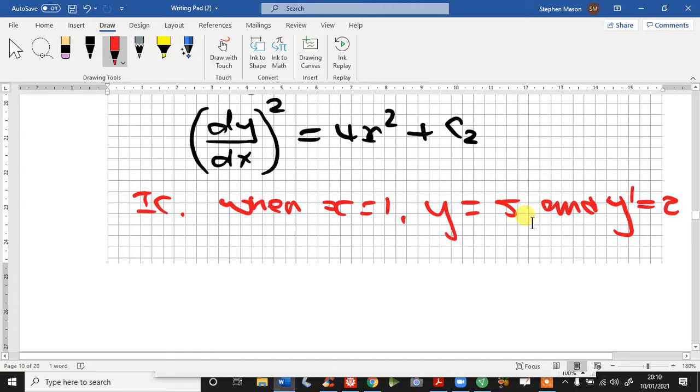So what we do is we substitute the y prime part, y prime equals 2, into the left hand side of this equation, which we'll call equation 3. So we substitute y prime equals 2 into the left hand side of equation 3, and we substitute x equals 1 into the right hand side of equation 3. So that we get,